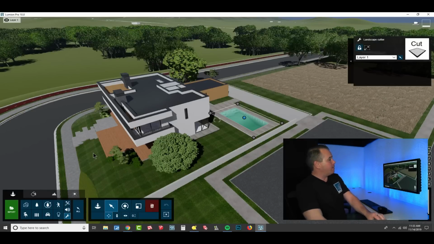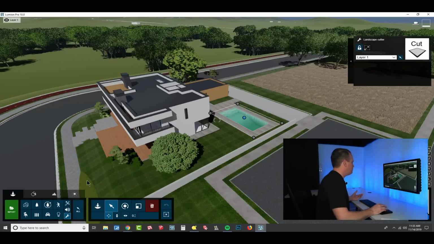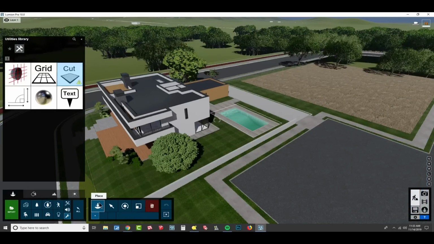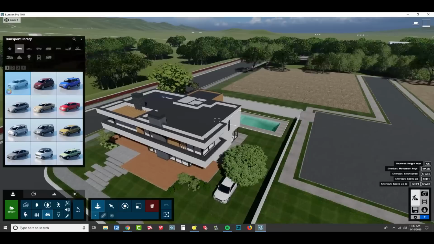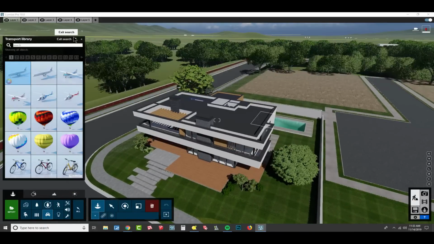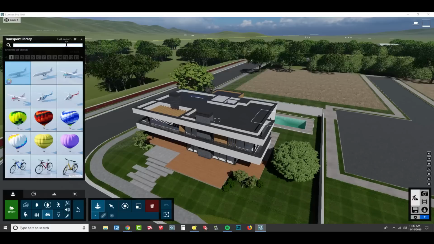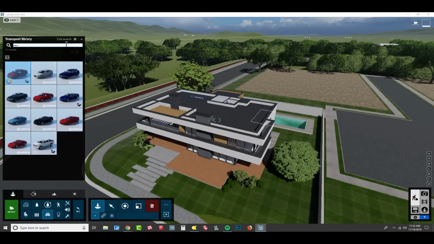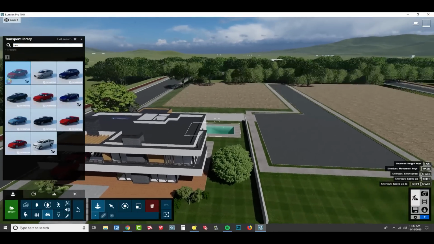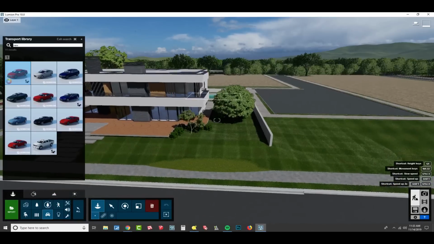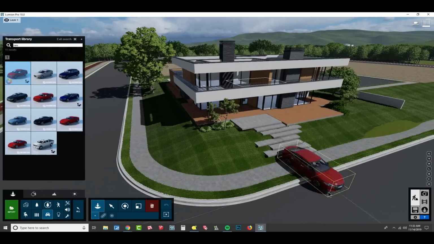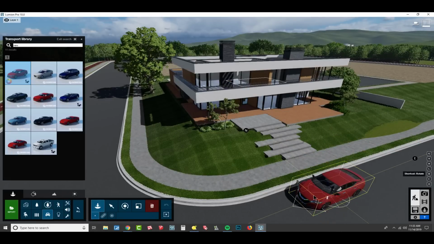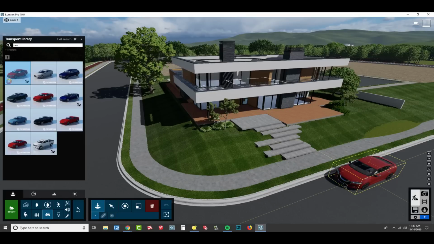One last comment about our object library is if I go over to place mode and let's just go to our car collection. This is super cool. I can go to the search window and type in new. So I'm just going to type new into the search panel, and this shows me what's new in this collection. Making tutorials, I'm always like, what is new? I just want to know the latest and greatest. So this is the easiest way to find out what's new in Lumion. What are the new objects? Just type new into the